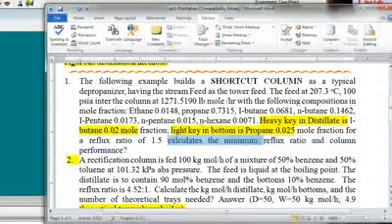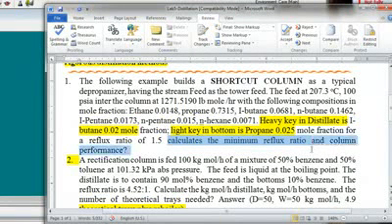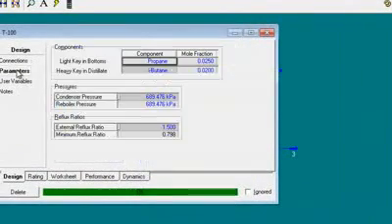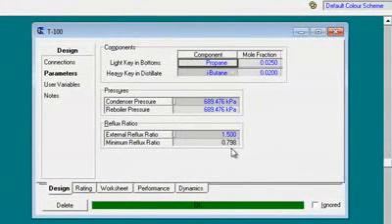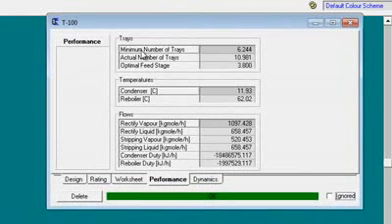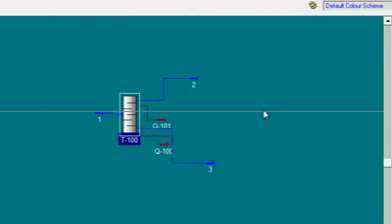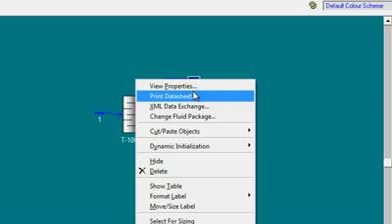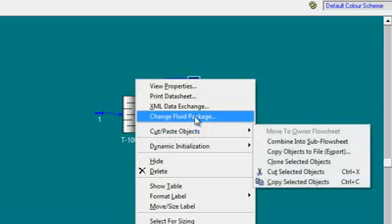And he said calculate the minimum reflux ratio and column performance. So the minimum reflux ratio from parameters, it's here 0.798, and we go to the performance, and also here we can see the minimum number of trays, 6.244, the actual number of trays, also the optimal feed stage, everything is mentioned here from the performance. So we can see the overhead stream,